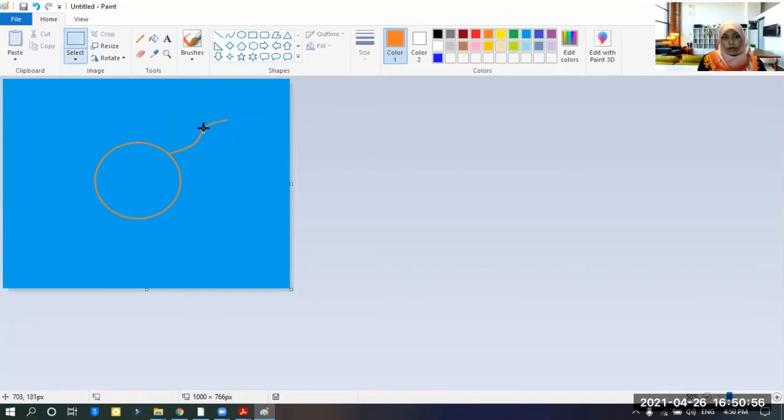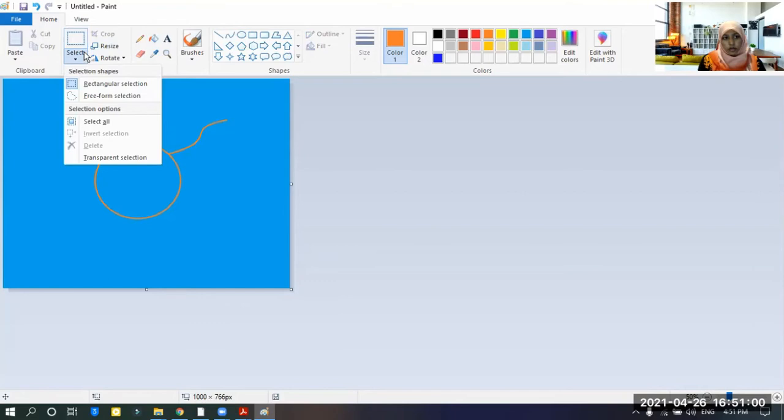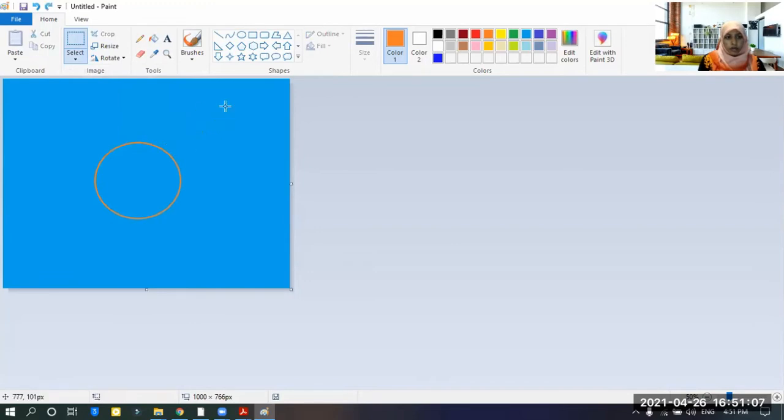And you can select also. Okay, no need to select. Again, I am drawing. Sorry. Okay. This is another ray. Likewise, you can draw the rays. And you can change colors also.